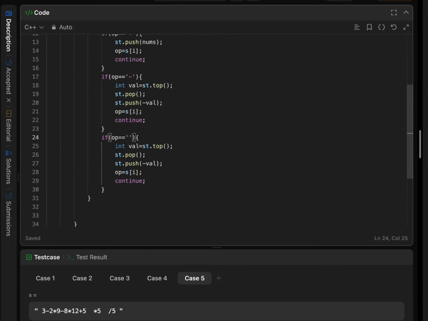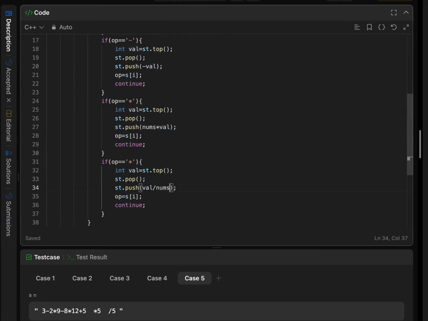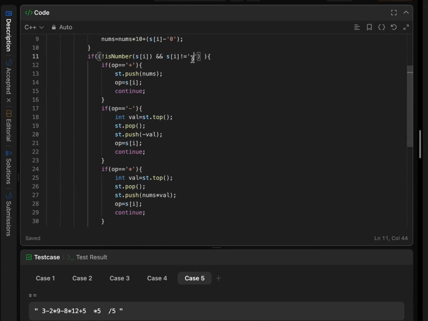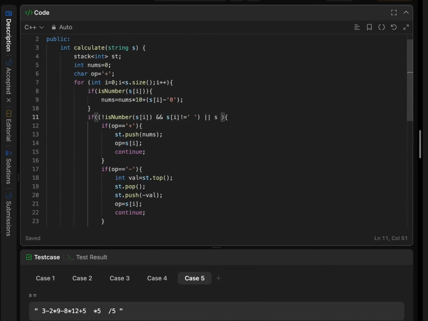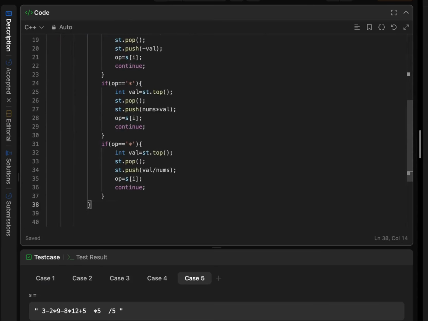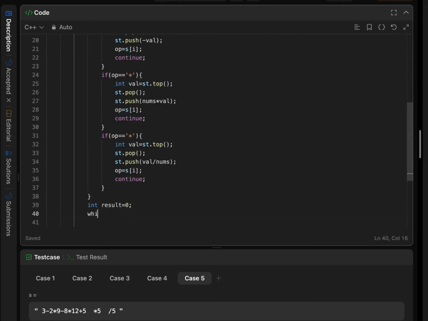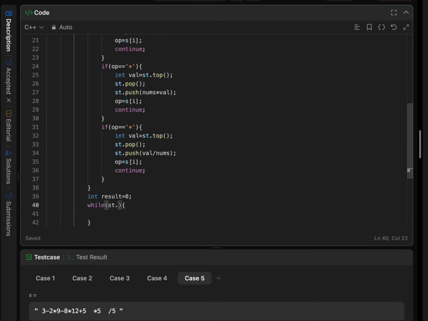and multiply it with the current number. Okay, so we access the last number and we will multiply the current number, and we will change the operation. Okay, and for division, divide by nums. Okay, so this will also be done when we hit the last number. So i equals to s dot size, and at the last we will add all the numbers, result equals to 0, while st dot empty is false, result equals to result plus st dot top, st dot pop,